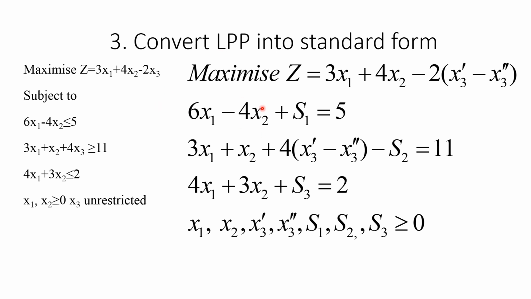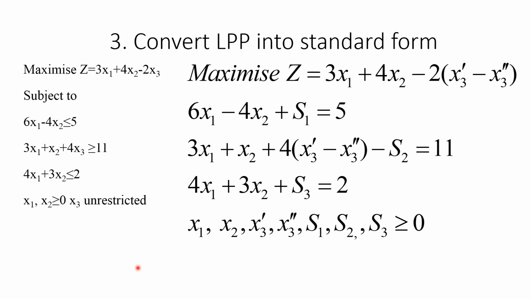So now let's check example number 3. Maximize z is equal to, here we have 3 variables x1, x2, x3. Subject to the restriction, one is a less than equal to type, another is a greater than equal to type, and the third one is a less than equal to type. But the main difference is in the non-negative restriction, because here it is given x1 and x2 are greater than equal to 0, but x3 is unrestricted. Okay, so x3 may be a negative value. So what we have to do, we have to convert our x3 as x3 dash minus x3 double dash.